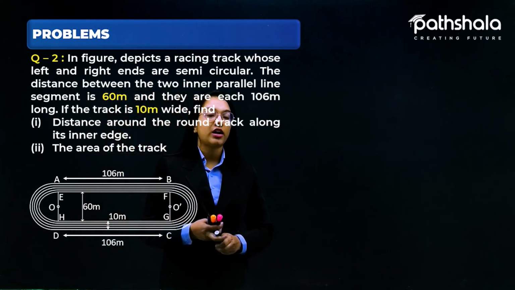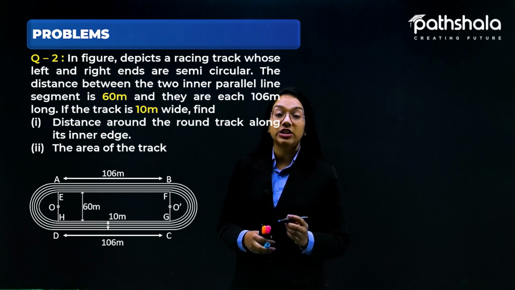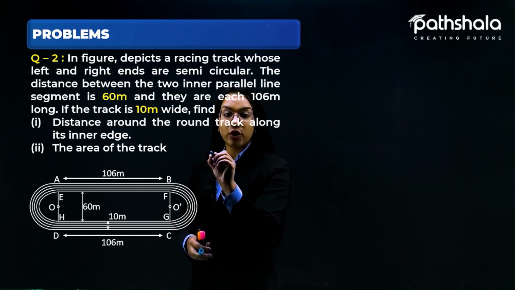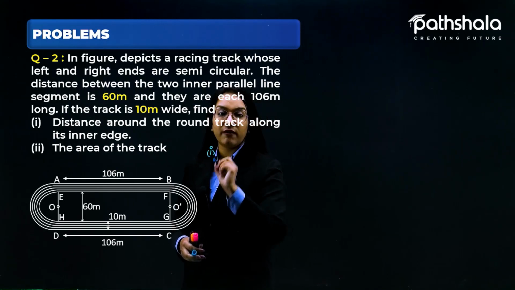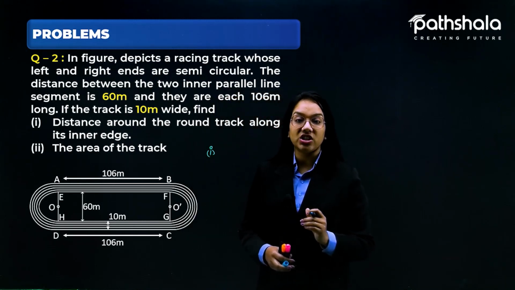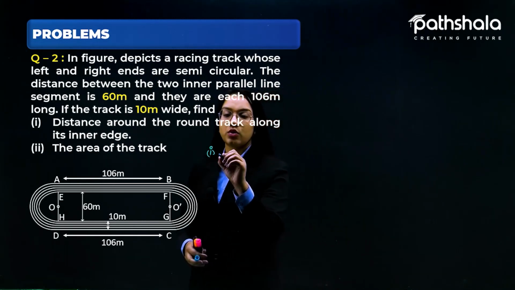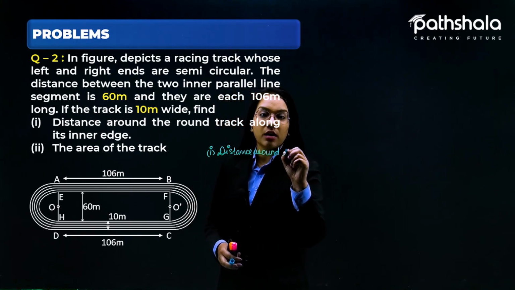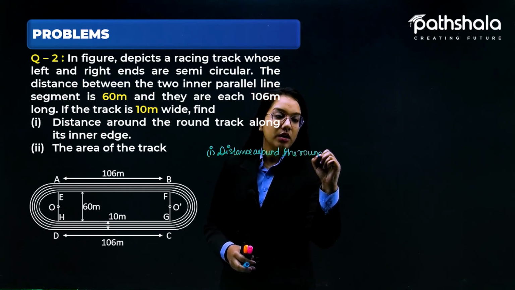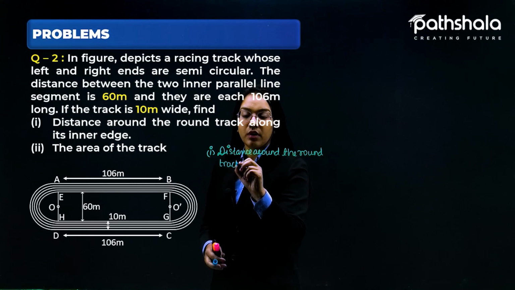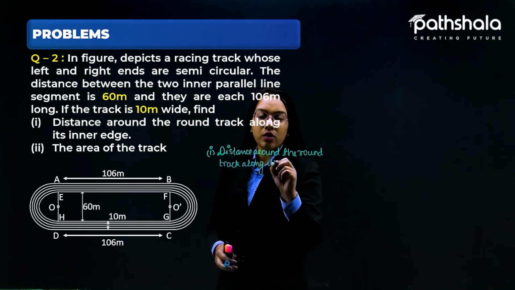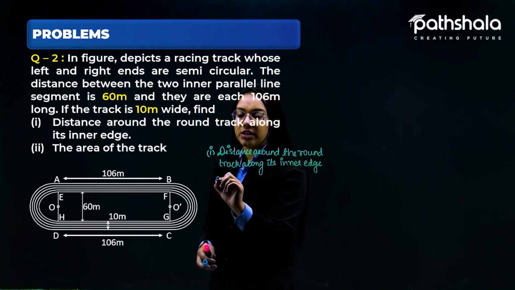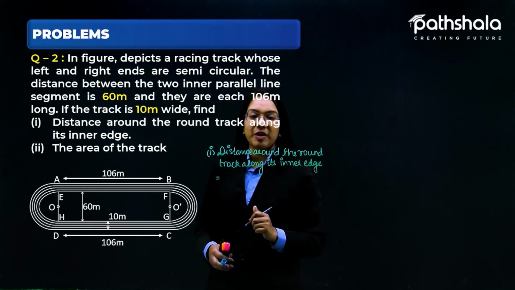So let us start with the very first part, in which we have to calculate the distance around the round track along its inner edge only. So the distance around the round track along its inner edge should be equal to,